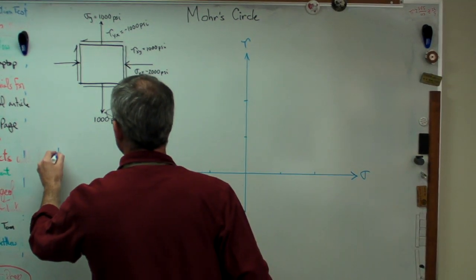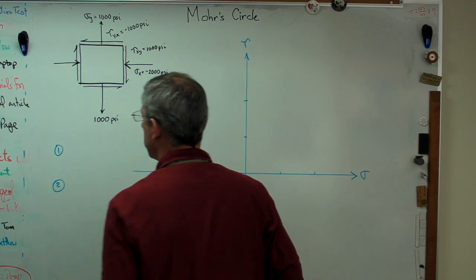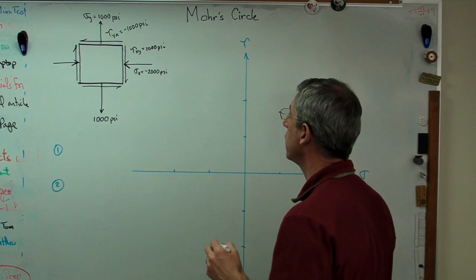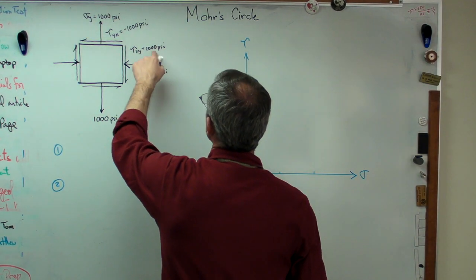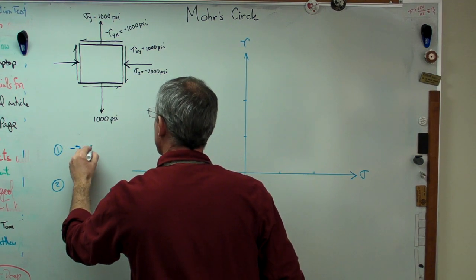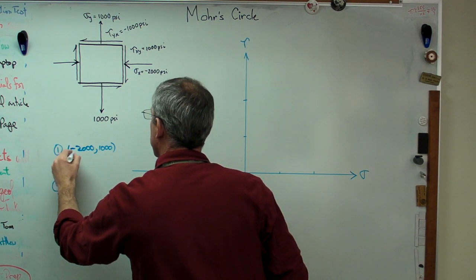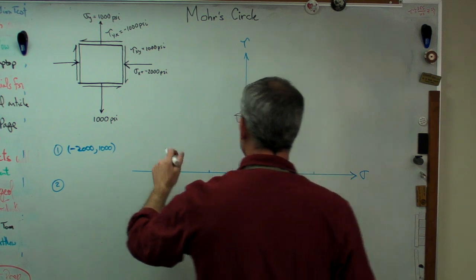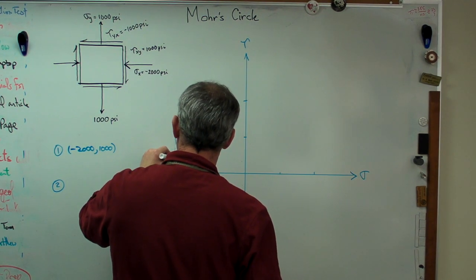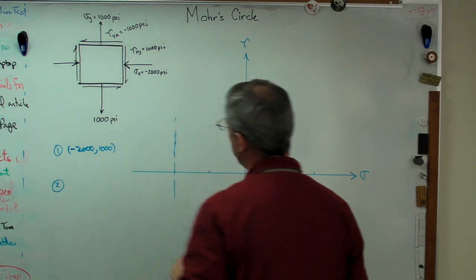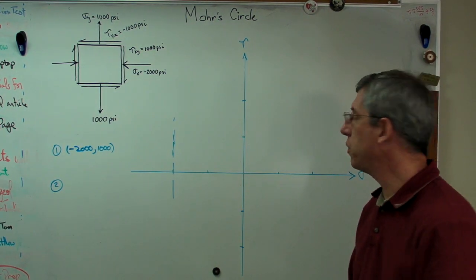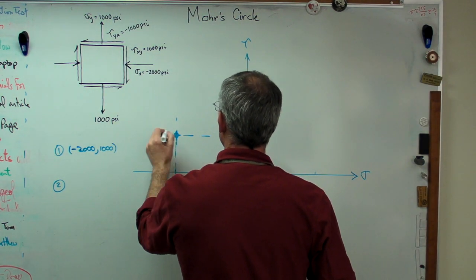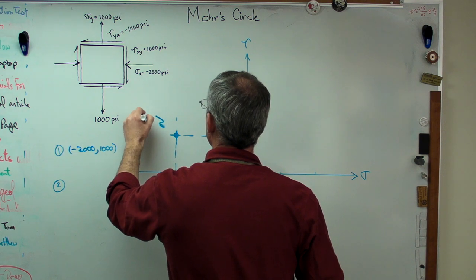We're going to plot 2 points on our coordinate axes here, our stress axes. The first one is what happens on the X face of the stress element. We're going to pick minus 2,000 and 1,000 as our points. That's just a location on this plot. So I'm going to go minus 2,000 over. Okay, that line is at sigma equals minus 2,000, and I'll come over here. So there's point number 1. That's the data from the X face